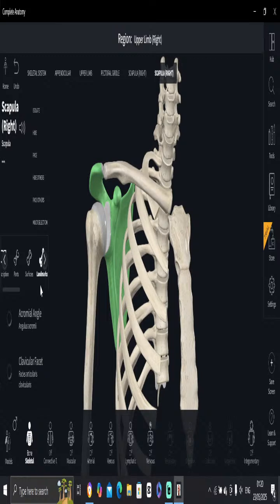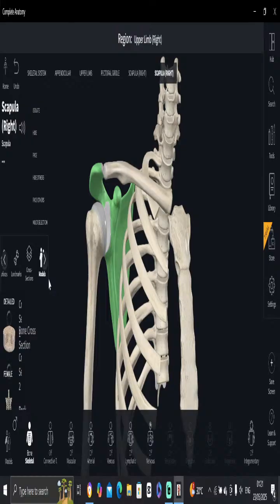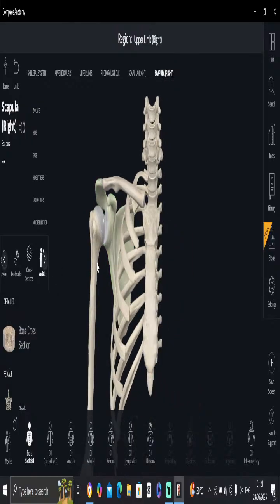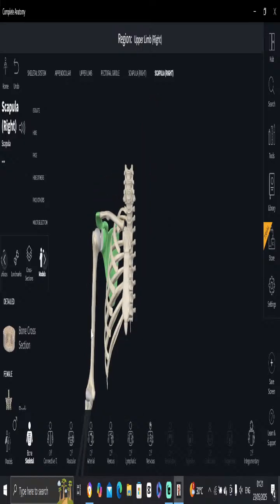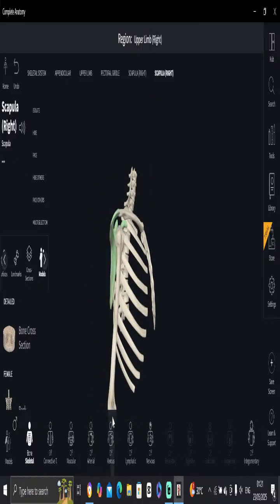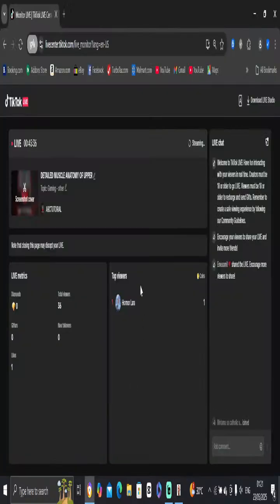So if we go to we've talked about the landmarks. So we have the acromial angle, the clavicular facet. So we've talked about the clavicle and the scapula tonight. So our next live session will continue from the humerus. So I don't know if there is any clarification discussions, if we can talk about it. So but for now, that will be the end of this live session, and we'll continue